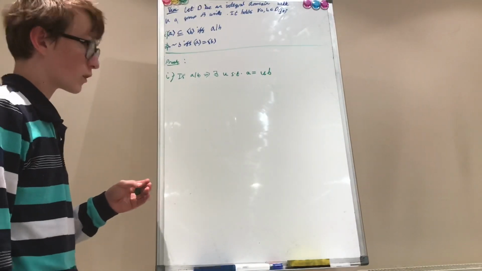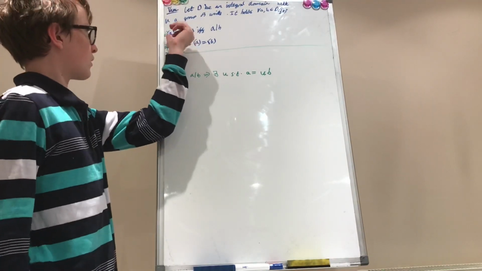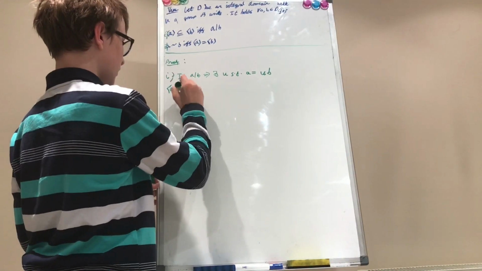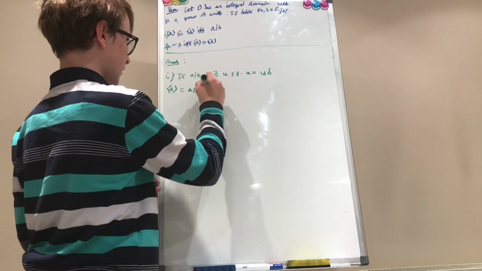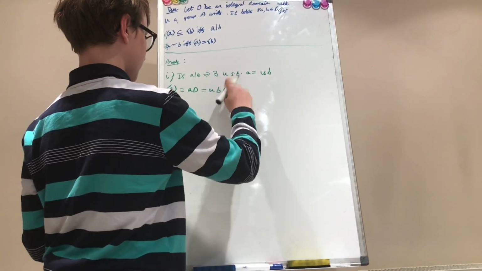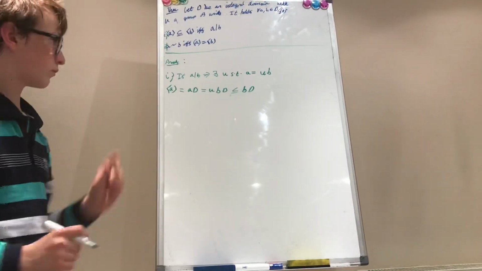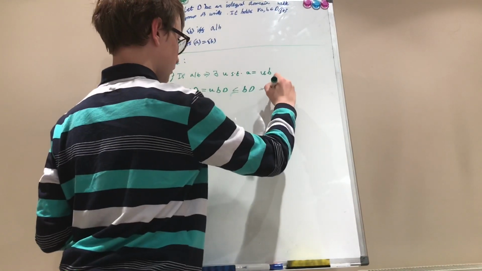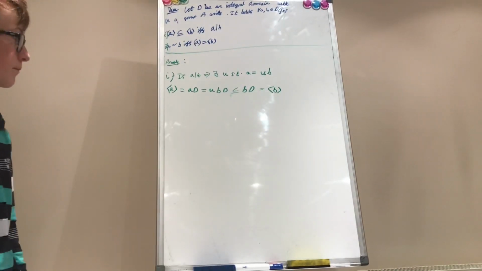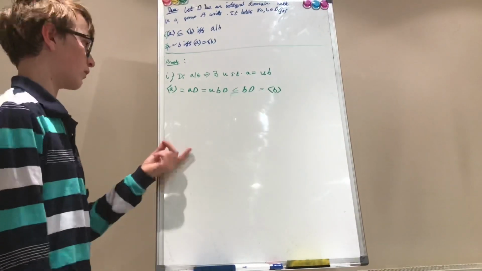Okay? Now, because the principal ideal generated by A is equal to A times D, is equal to U B times D, is a subset of B times D. Therefore, which is equal to the principal ideal generated by B. Okay? Therefore, the ideal generated by A is a subset of the ideal generated by B. Okay? Now,